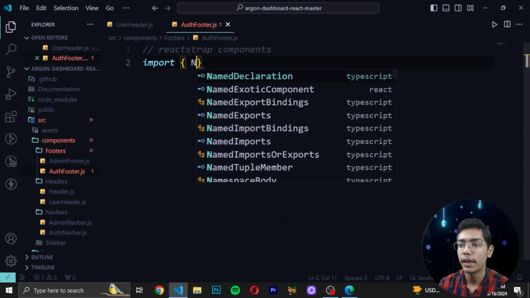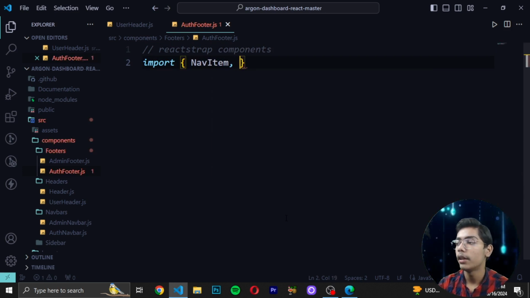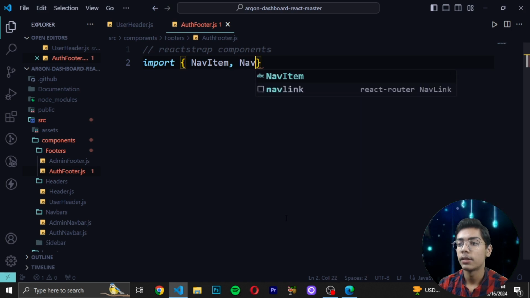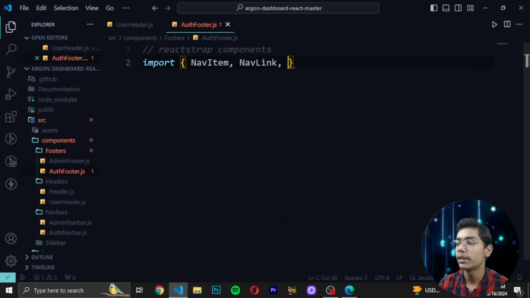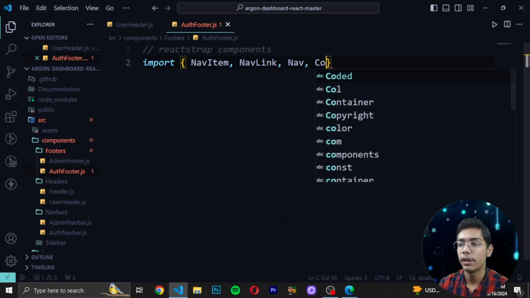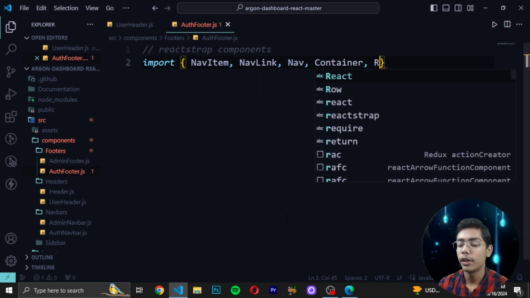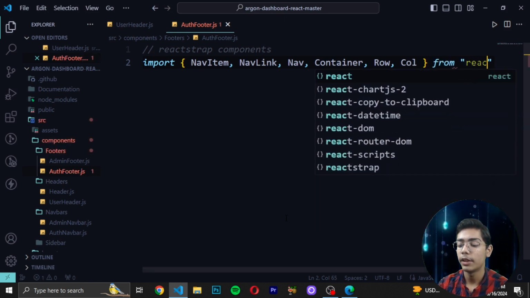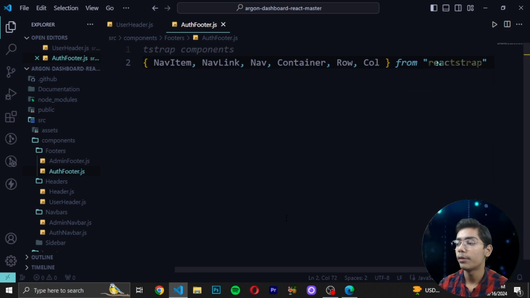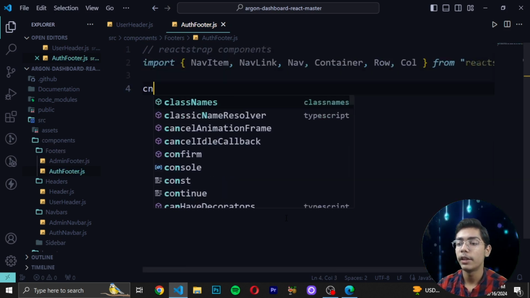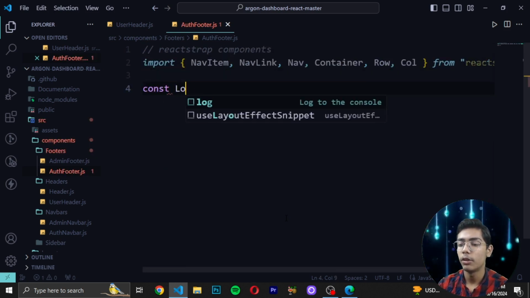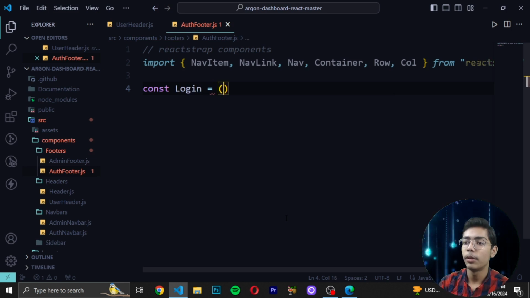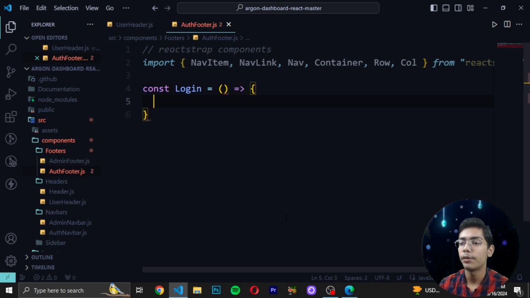and then here I will be using import NavItem, comma, NavLink like this. And now after doing that, simply you have to use Container, and then you have to write here Row, Col like this, from reactstrap. So here I will be now writing like this, and now you have to just move down, and then write here const Login equal to, open close bracket,